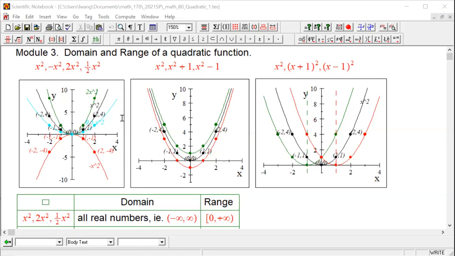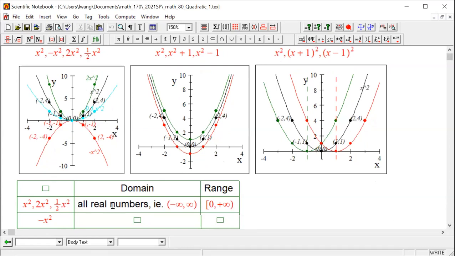Everyone. In this module, we're going to talk about the domain and range of a quadratic function. Just to recap on what we did in module 2, we graphed x squared, negative x squared, 2x squared, half x squared, and we also graphed x squared plus 1, x squared minus 1, x plus 1 squared, x minus 1 squared. With these functions being graphed, at the time, we mentioned that the domain and range for these functions